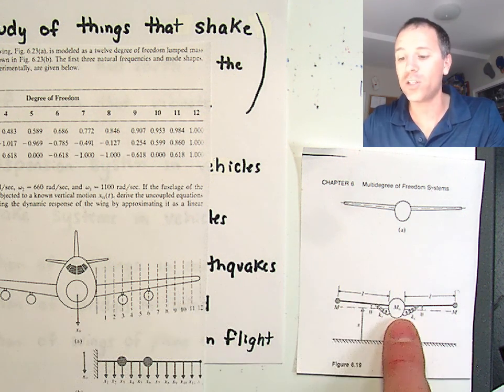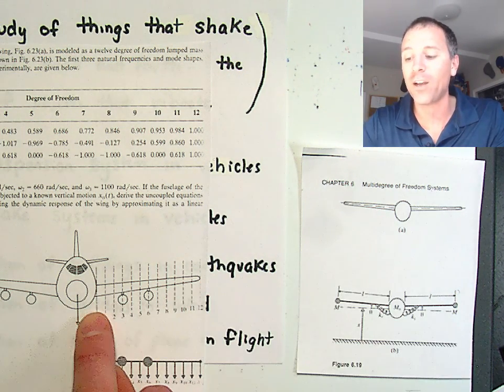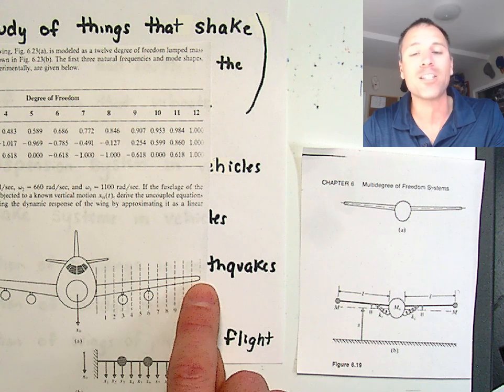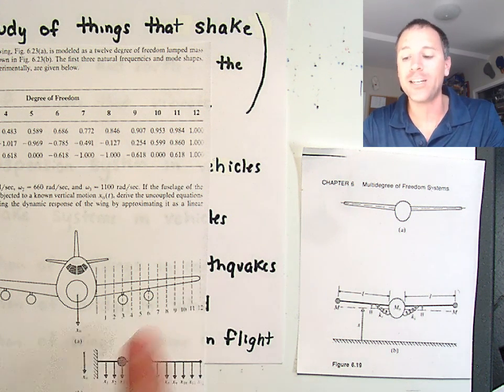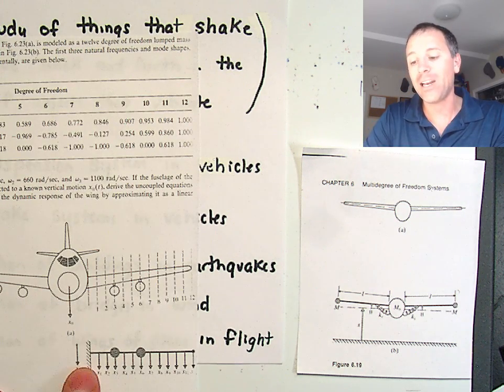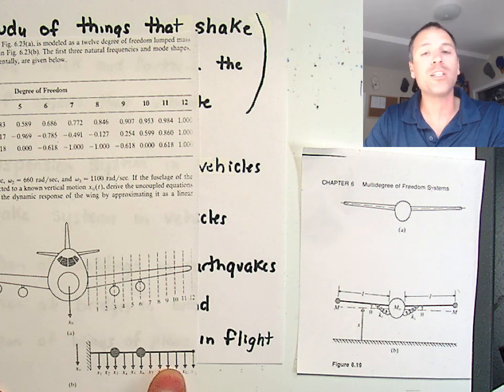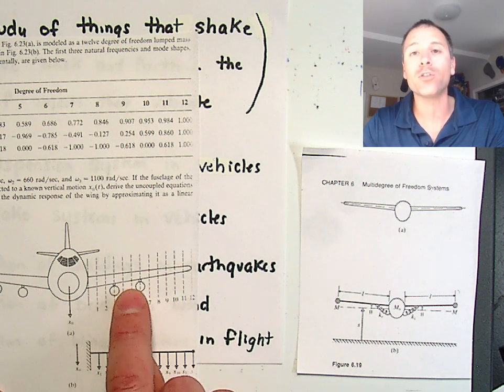So there's the mass, and then instead of thinking about a single mass on the outside, we can think about like 12 separate masses. We can lump together the different elements along the wing and discretize those masses. And then the question is, as we move the plane up and down, what are the different forces experienced, and how does the actual motion of the wing relate to those forces?